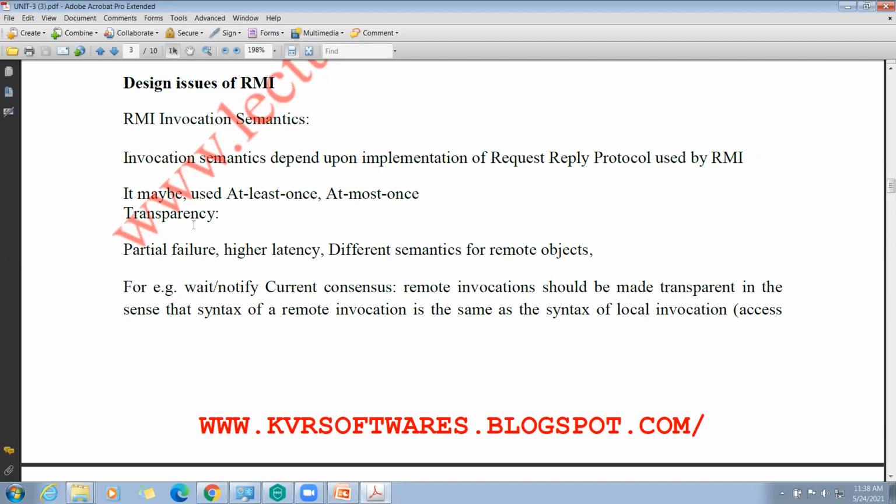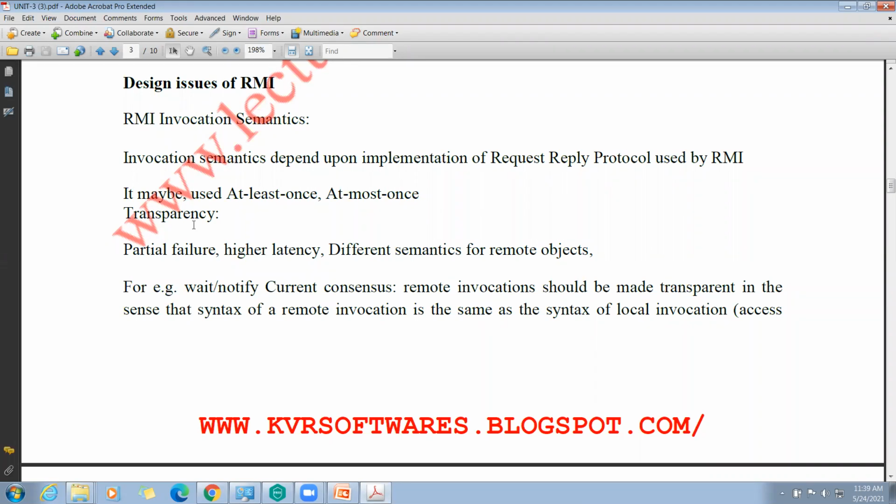Partial failure means a client machine wants to access an object, and not only the client, one machine can access an object which is running in the same machine in a different process or running in another machine. So that is a distributed object. Sometimes the requested object is not able to be accessed. That is said to be a partial failure.